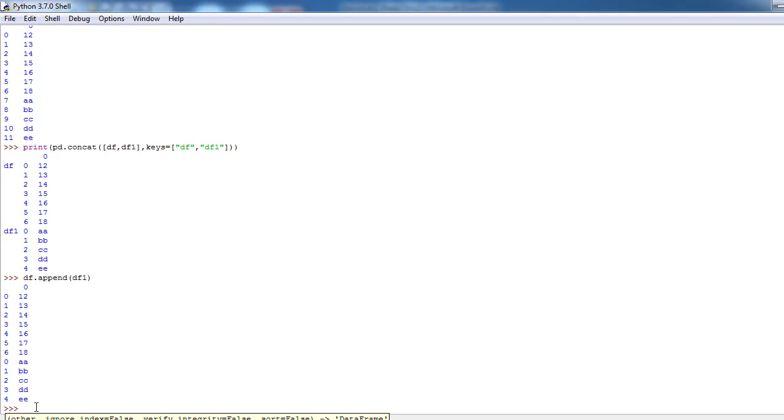Now we can get the TF with the values of TF1 as well as TF. So the append method is also used to concatenate two or more data frames into a single one. Okay.